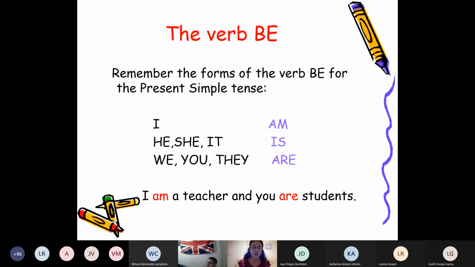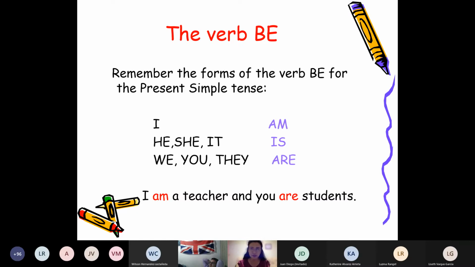And when you have we, you, and they, remember the conjugation of the verb is are. So I am a teacher and you are students. I am from Bogota, you are from Cali, for example. I am from Colombia, you are from other countries. It can be the United States, or they are from the United States, we are from the United States. So you have to be careful